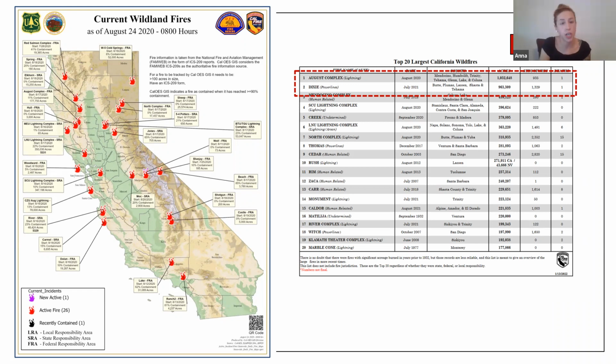Fire regimes are changing. And the past two fires, the August Complex in 2020 and the Dixie fire in 2021, were just really massive and burned nearly 1 million acres in both cases. And actually, the eight largest wildfires were all in the past 5 years. So we're just seeing that fires are getting a lot bigger, they're burning for many more days, and they're getting hotter. So this shift in fire regimes is happening.